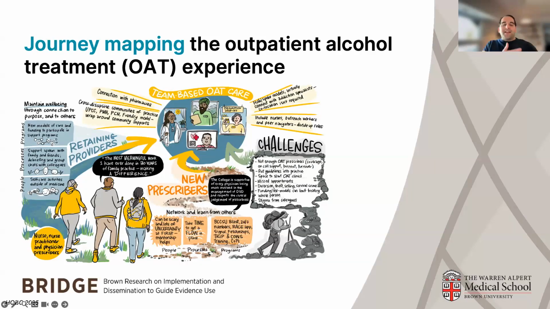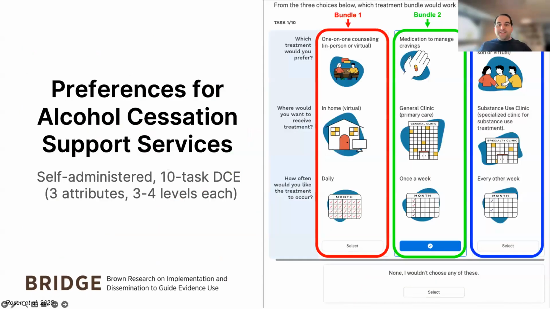There was a high desire for these services, but few opportunities in which participants knew about or could engage in them in their existing service delivery ecosystems. This led us to design a discrete choice experiment,